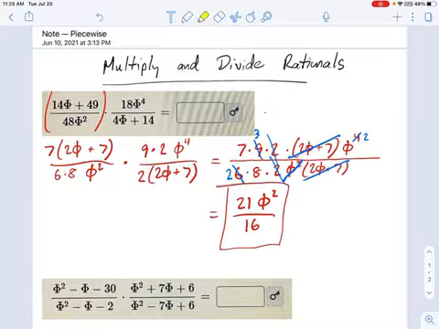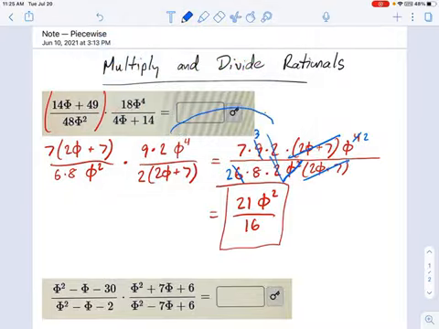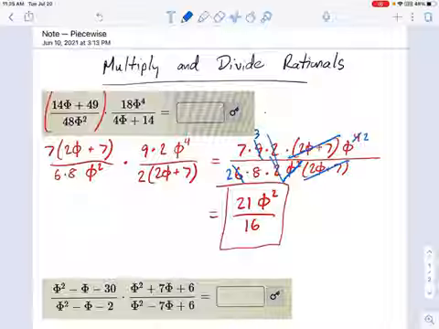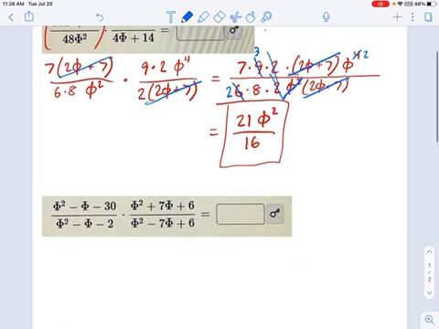Now, there was a part where I rewrote everything into one big fraction. You don't really need to do that. As you get practice with this, just remember, if it's on top, it cancels with something on the bottom. So you can just go into multiplication problems. As long as you're canceling top and bottom equally, you have to cancel the same number of factors, top and bottom. That's okay. So let's move on to this one.